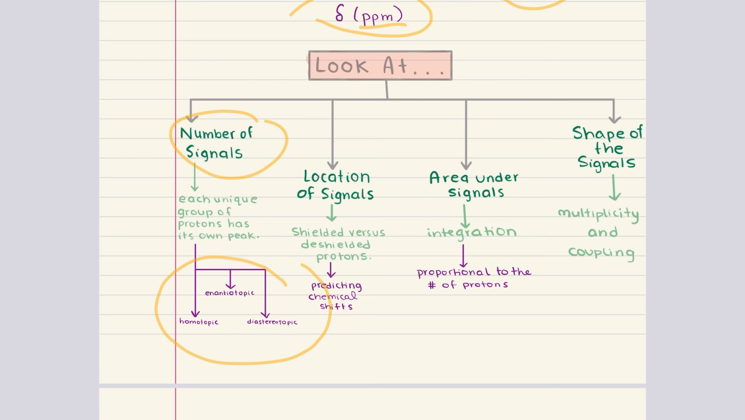The key takeaway is that the number of peaks tells us how many unique proton environments exist in the molecule. Second, we want to pay attention to the location of the signals along the x-axis. So again, this x-axis is labeled in parts per million, or ppm, and it tells us how shielded or deshielded